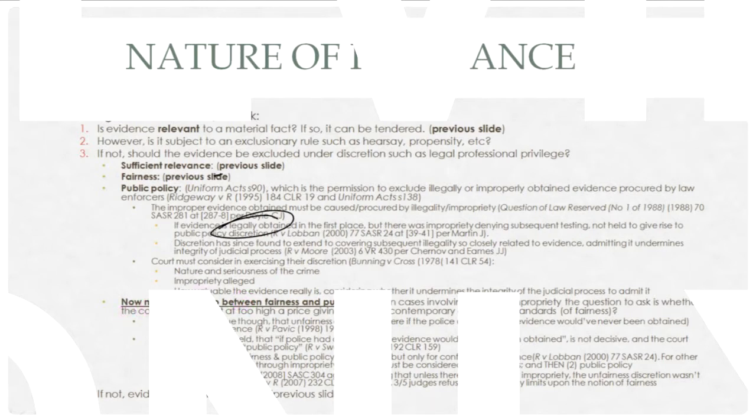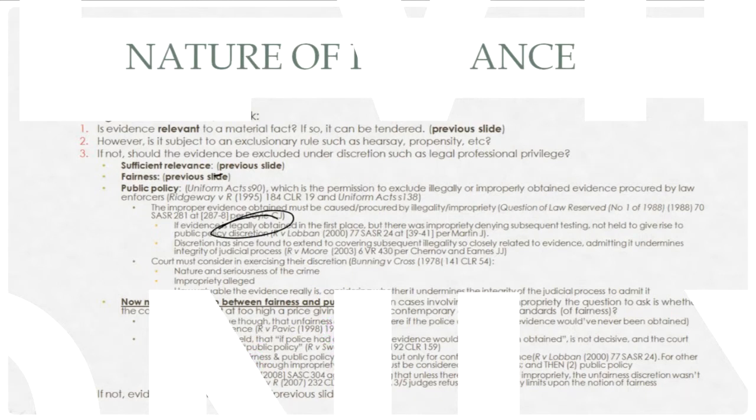Now, note the overlap between fairness and public policy. In cases involving illegality or impropriety, the question to ask is whether the conviction was bought at too high a price, giving regard to contemporary community standards of fairness. Now, it is possible to argue, though, that unfairness discretion, where if the police had acted legally, evidence would have